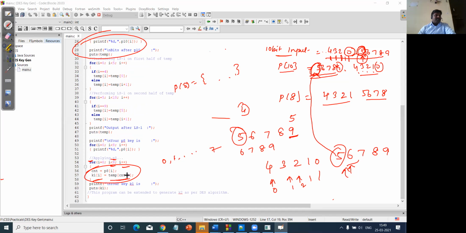So for that we are going to reduce the value, and whatever value we have in the corresponding K1, I'm going to display it. I'm going to put the values in the variable. Similarly for K2 also we are going to repeat the same operation.